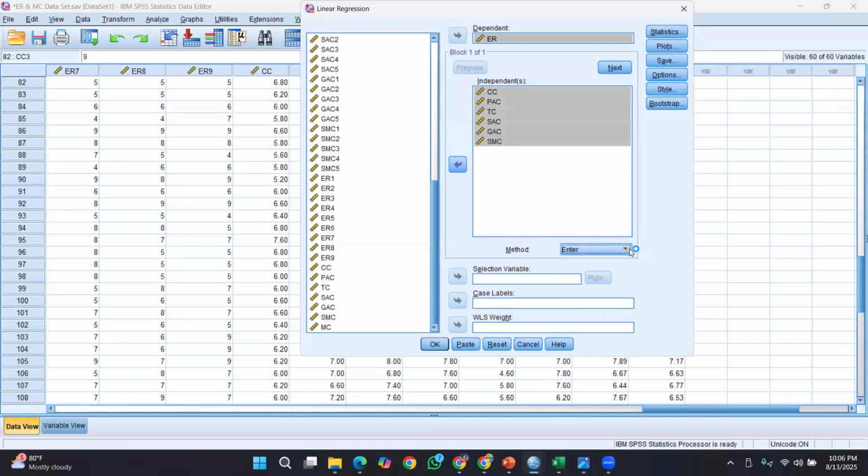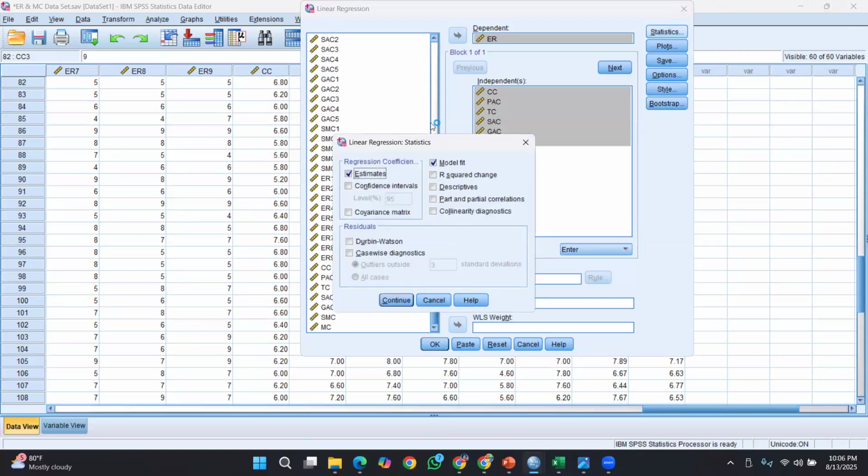But when it comes to the same category of variables, it is okay to include them together. Then we have to specify the statistics.